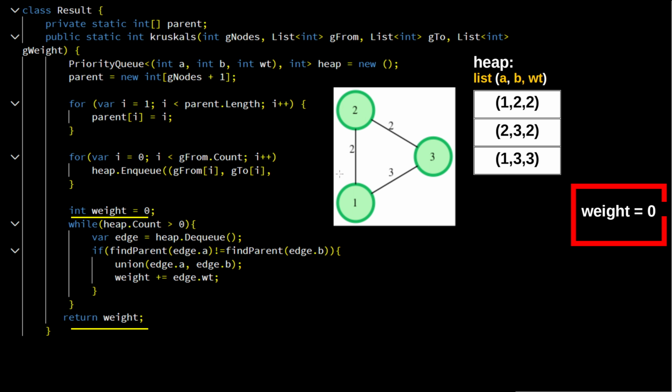And I also initiated the variable weight that will be the accumulation of weights of the MST, and that is the value that we will return at the end. Now that we have all the edges on the heap, we can just dequeue each one and construct the MST. So the first item we dequeue is 1, 2, 2. So we make the 1, 2 edge here, and we update the value of the weight for 2 for this